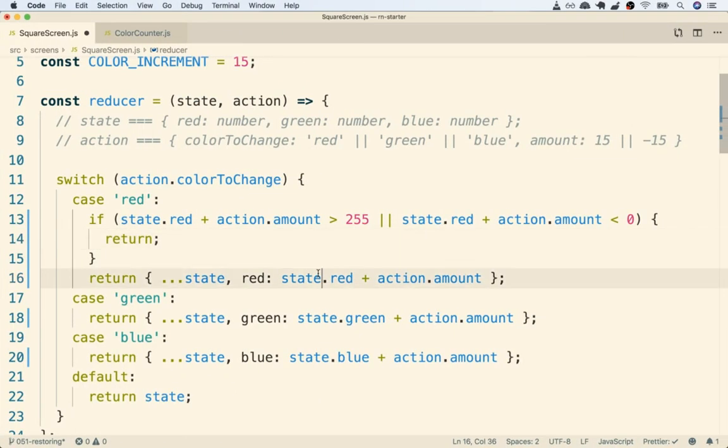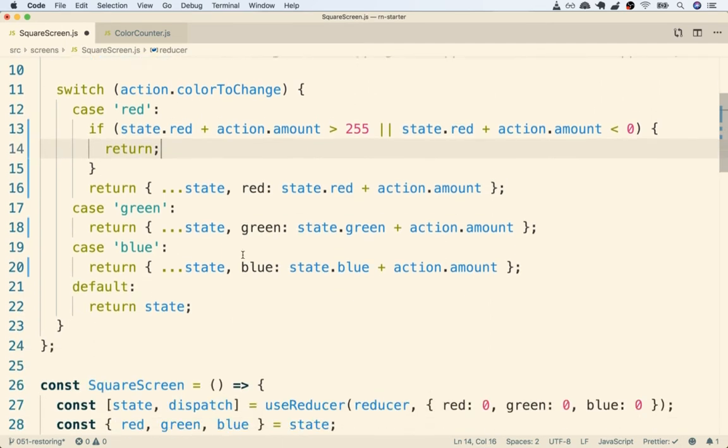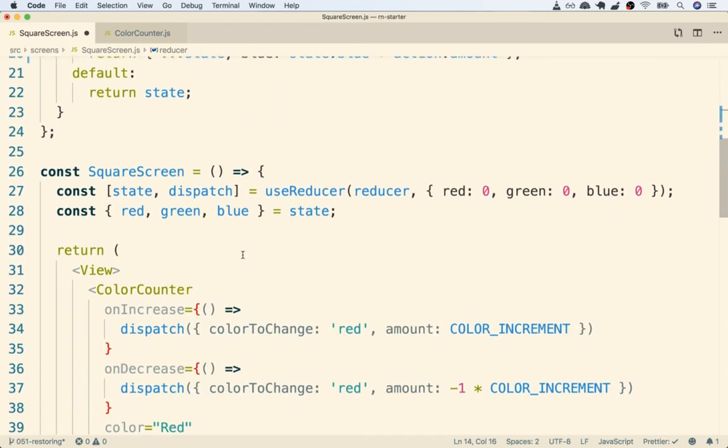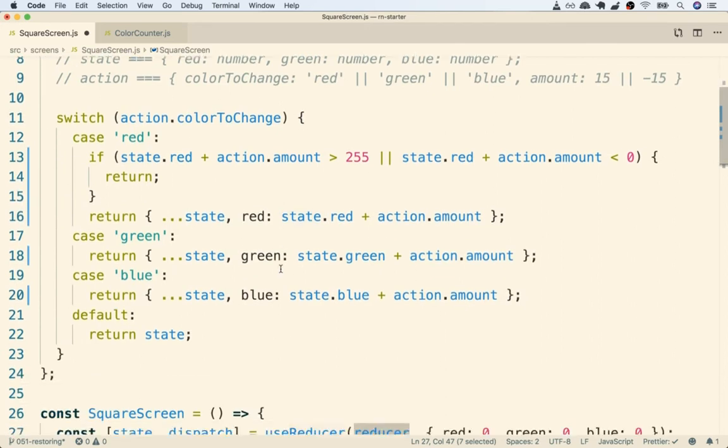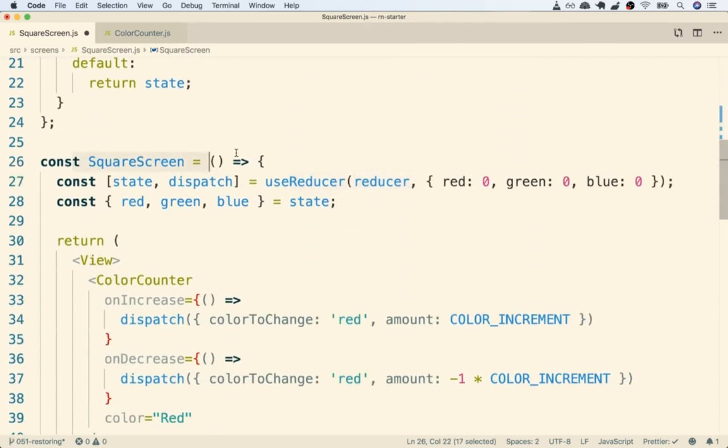Just so you understand what's going on behind the scenes, I'm going to go back down to my component down here. At some point in time, you and I are calling that dispatch function. When we call dispatch, React is going to call the reducer that we hooked up right there. That's the function that we defined right above, remember? When we eventually return a value from our reducer, right here, React is going to automatically re-render our square screen